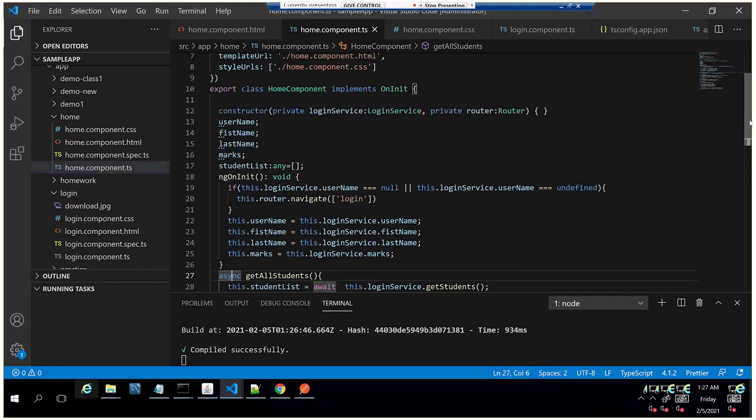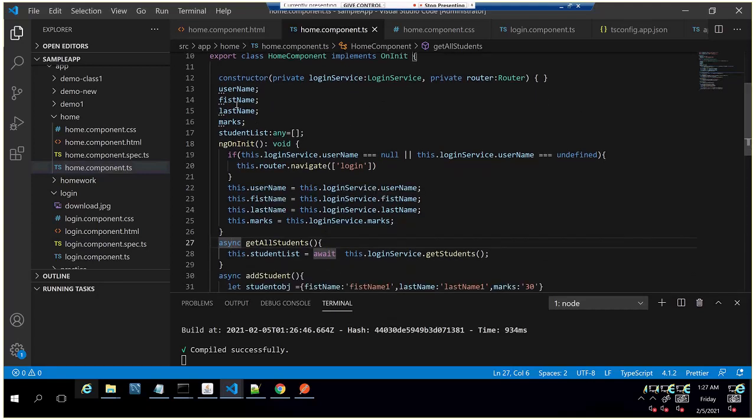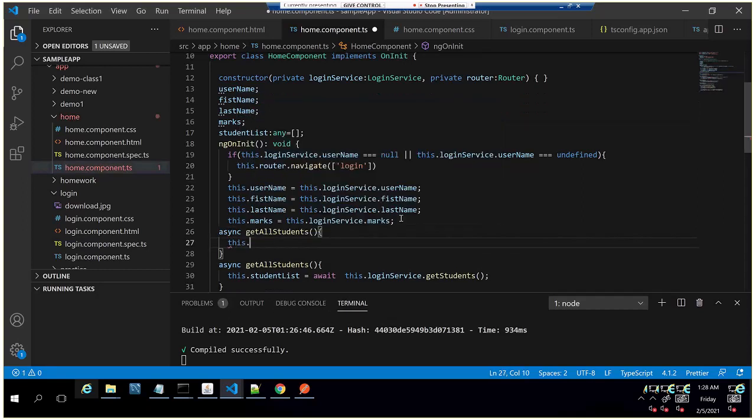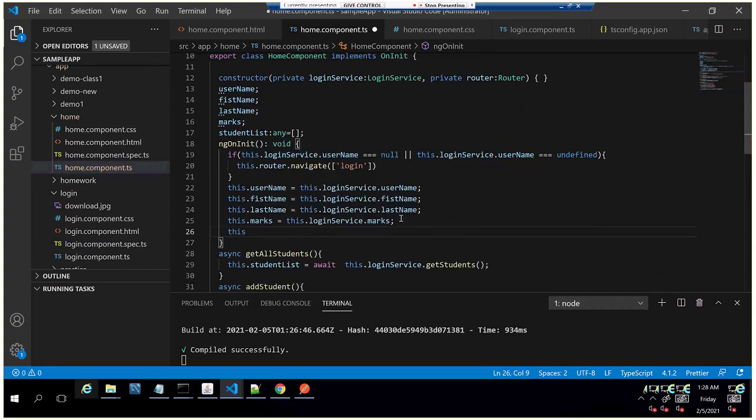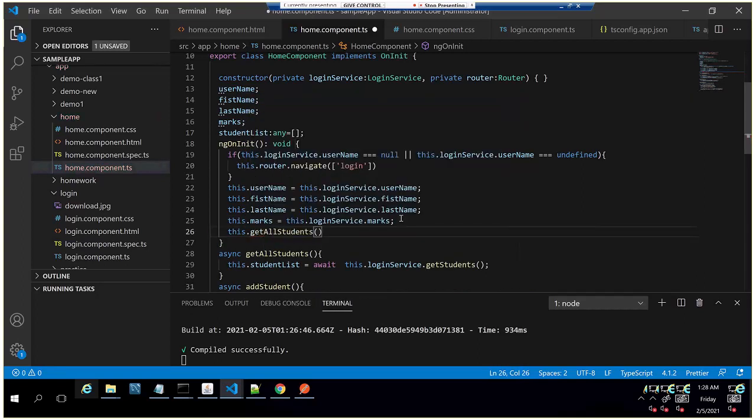So that it will load. Yeah, let it think, the data. You'll do it. Okay. One second, we'll see whether it is accepting async or not. Async is not accepting. We can do one thing: create a method, and in the constructor or somewhere call that method, or create a method and call it from here, like this dot all students. Start get all students. That's it.